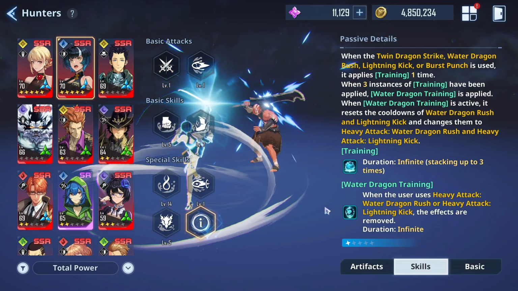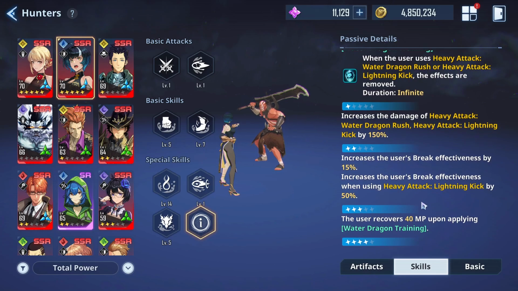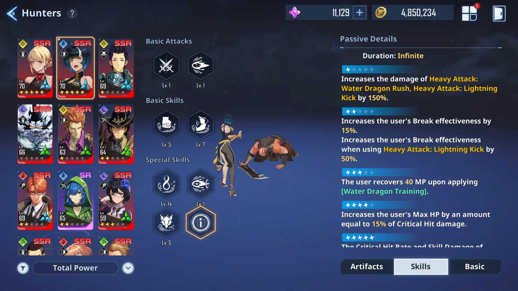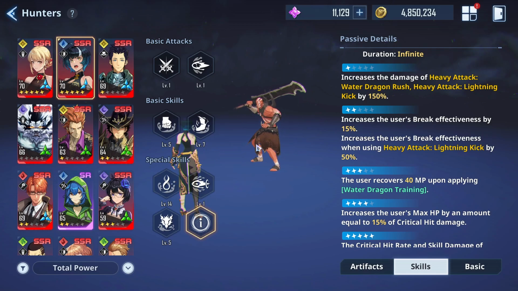So I'd say lightning kick works out a lot better for it to be the one that's increasing the break effectiveness by 50%. So this dupe 2 is very good. Now the dupe 3, it's going to depend if you actually need anything, okay? Are you in a situation where you need more MP? If so, maybe you do want to get this, but usually for me, I've not really ran out of MP